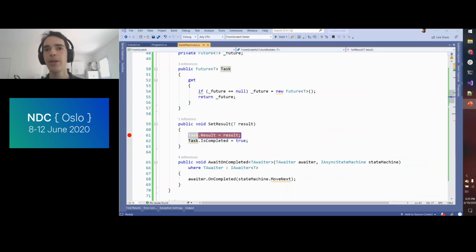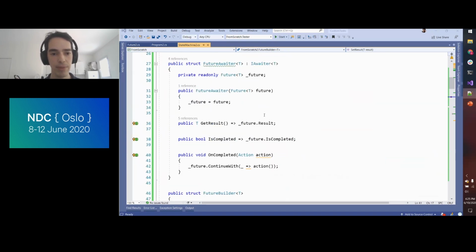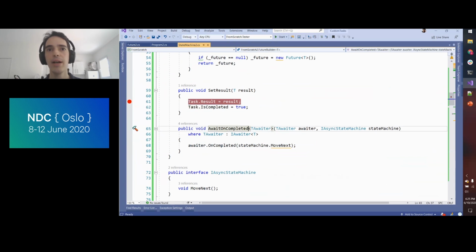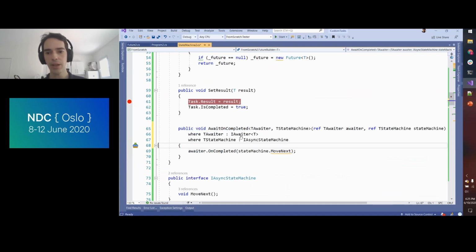All right, so we're going to implement the fix that I mentioned. So I just need to go back to my builder that is right there. I'm going to make it generic to prevent the boxing. Note that I also add the ref keyword. I didn't explain that. That's because